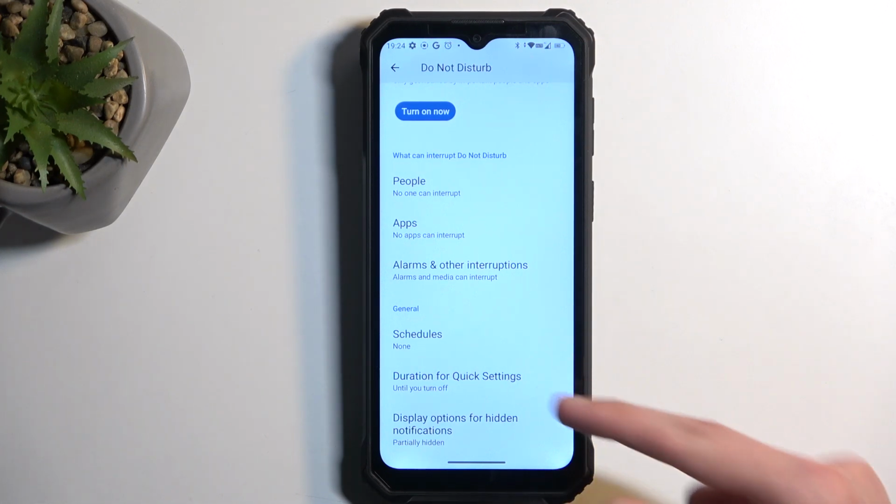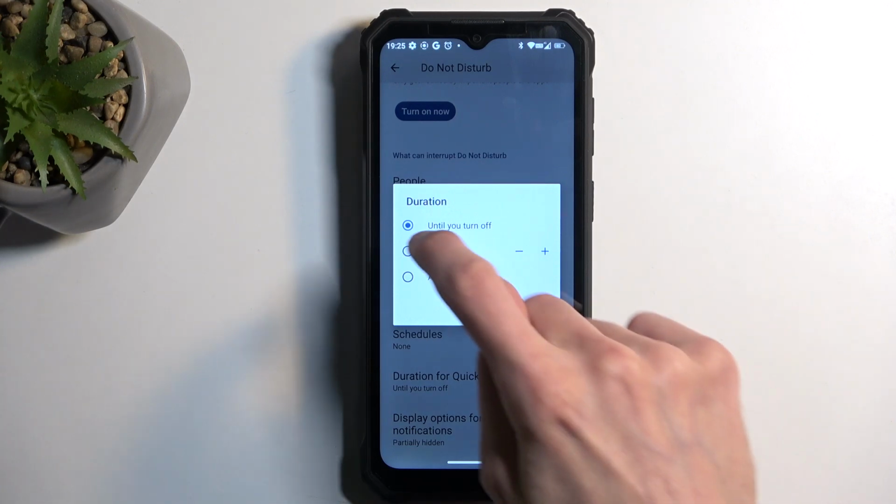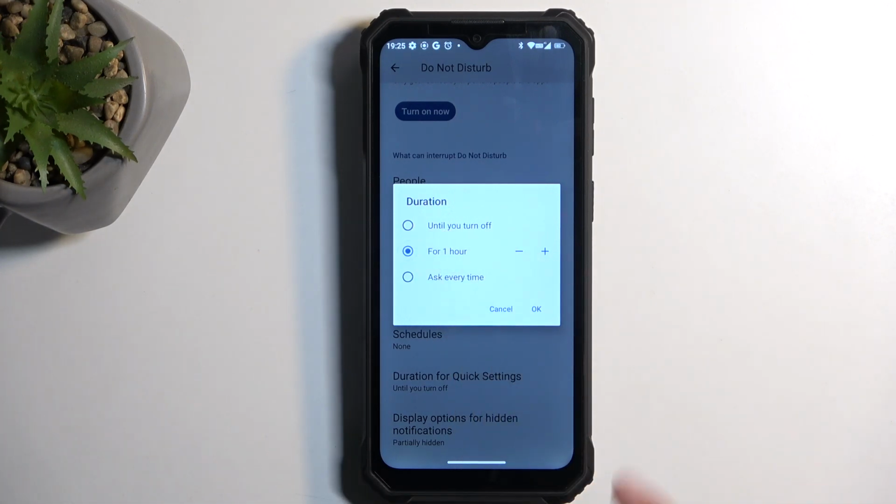So under the duration for quick settings, by default, Do Not Disturb mode is always set to until you turn it off, which is not a very good option, to be honest, because once you enable it and forget about it, the mode will be running indefinitely in your background. So what you can do is set it on a timer, make it a bit longer, maybe 4 hours, and